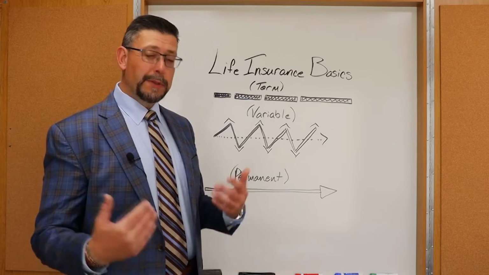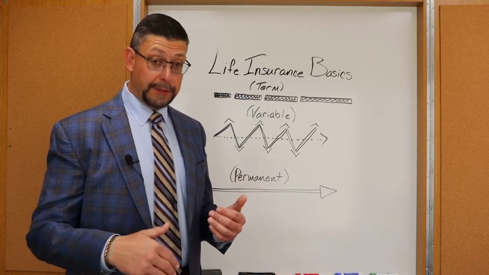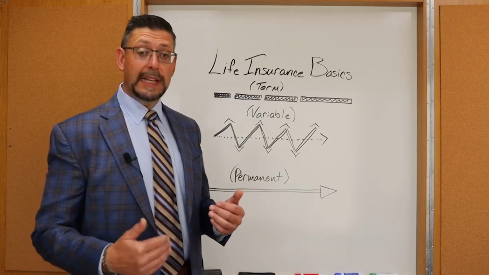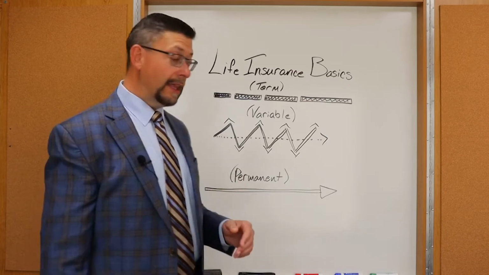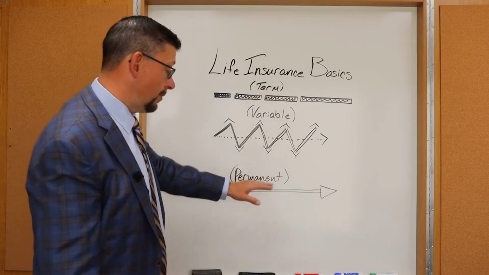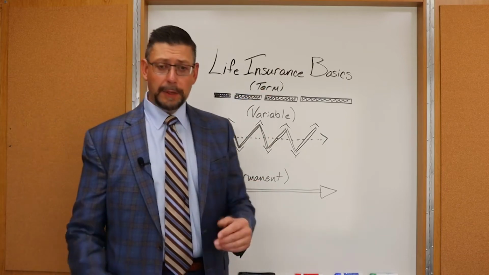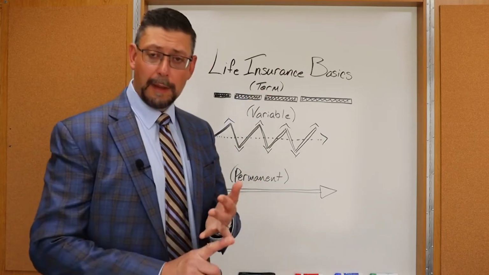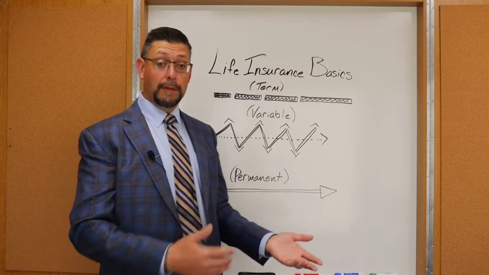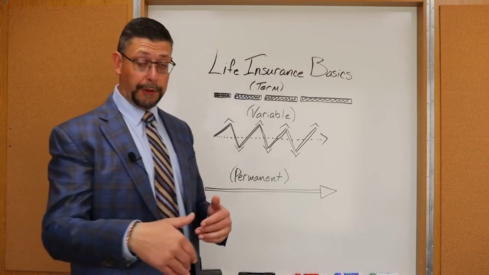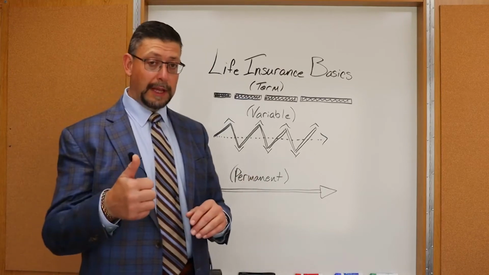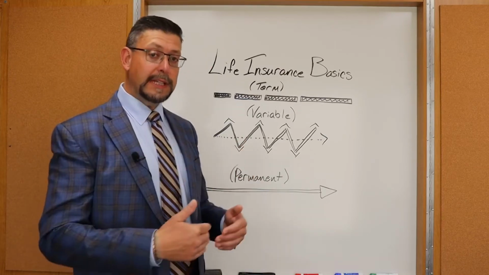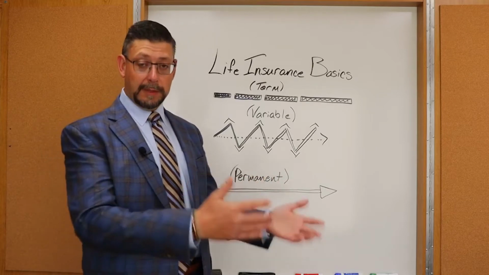And if you're in a position where maybe your health has declined and you find yourself still needing the life insurance, you may be able to do something called a guaranteed convertibility. That means you're converting the term insurance to permanent insurance, and the insurance company cannot ask you health questions, they cannot make you go through underwriting, they have to give you the permanent policy. Now, you're going to be older, so therefore the cost is going to be higher, and it's permanent, so therefore the cost is going to be higher. But at least you're guaranteed to get the permanent life insurance, and you'll be able to continue on with the